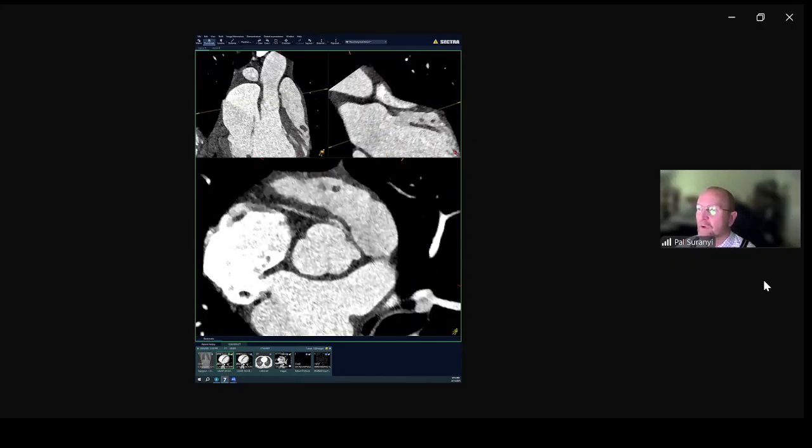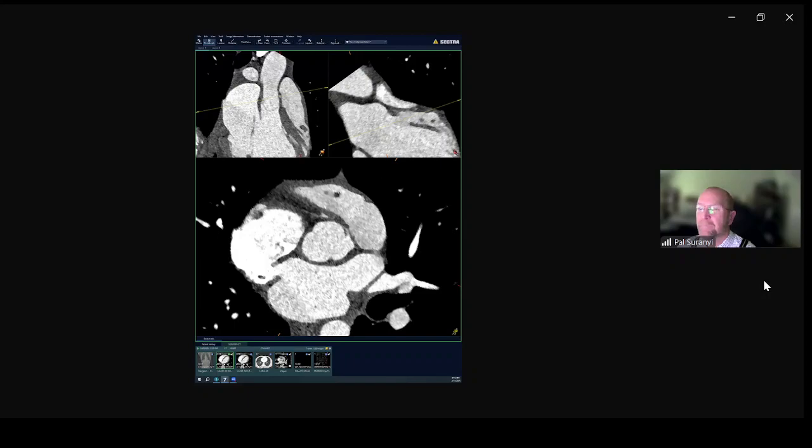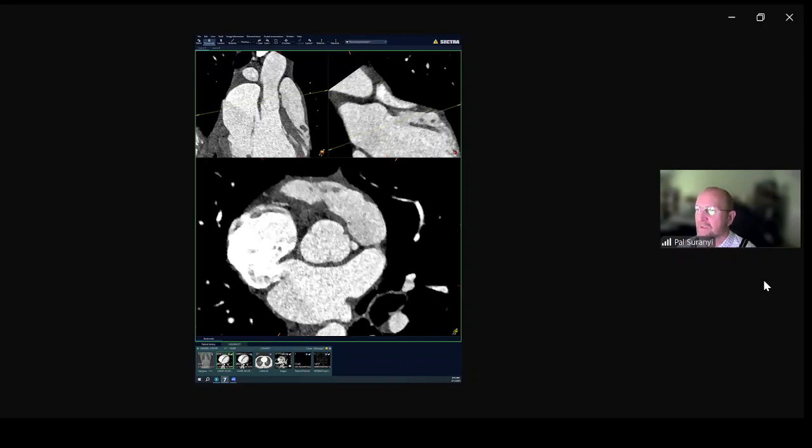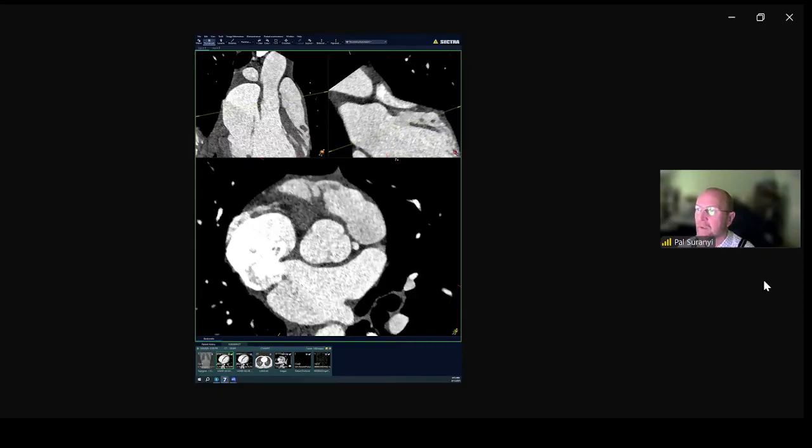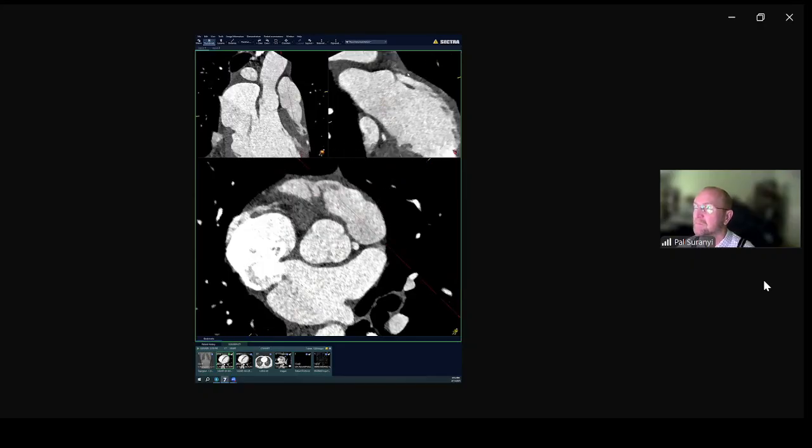And so, by the way, if you're looking for the pulmonic valve, one of the tricks that I sometimes use is, because the pulmonic valve is so thin, especially in children, it's hard to see, right? So I look for the myocardium. Where the myocardium ends is one clue. And the other clue is the pulmonic root also has sinuses, right? So even the pulmonic root, if we go into this view,